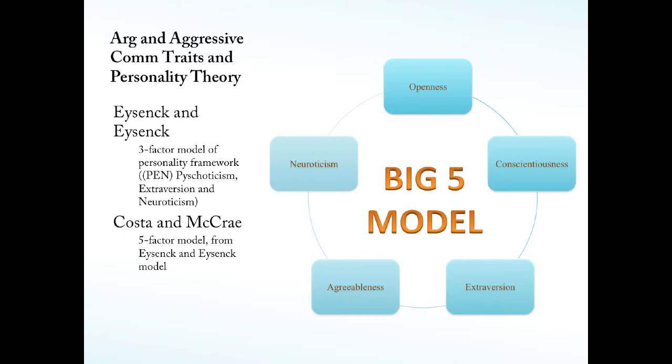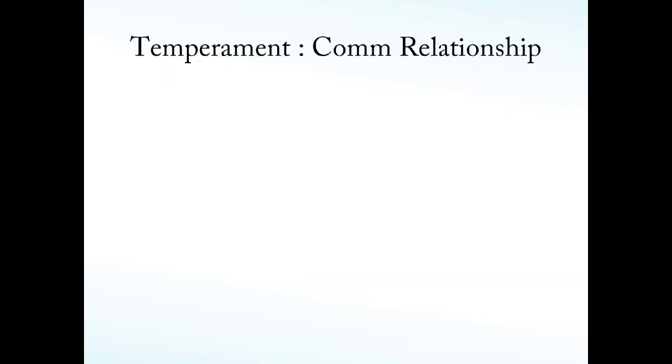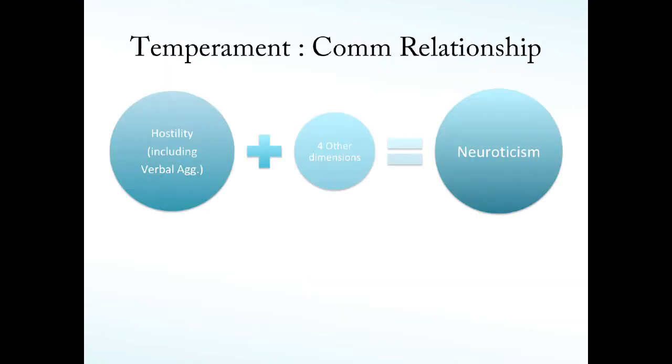Next, I'm going to remind you of how the communication traits fit with personality traits. As I said, we're coming full circle here, and I'll summarize some of the consistent findings in the research about the relationships between these variables. All right, neuroticism includes several factors, and hostility is one of them, and the communication trait that we've been talking about is verbal aggressiveness, and it is one of the factors within hostility. Okay? I'm just reminding you of where these fit together and why we care that they fit together.